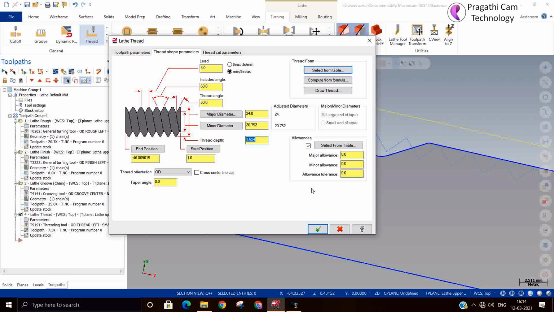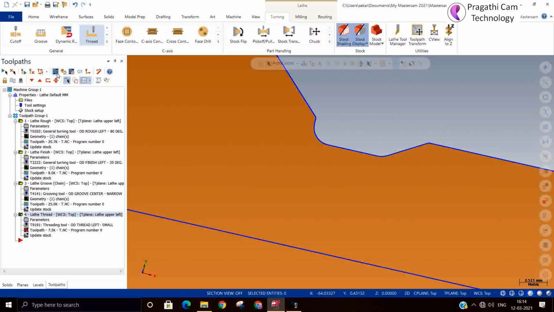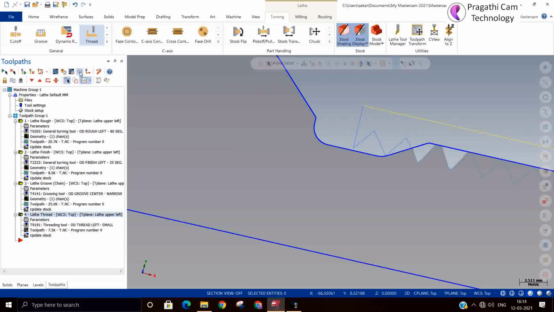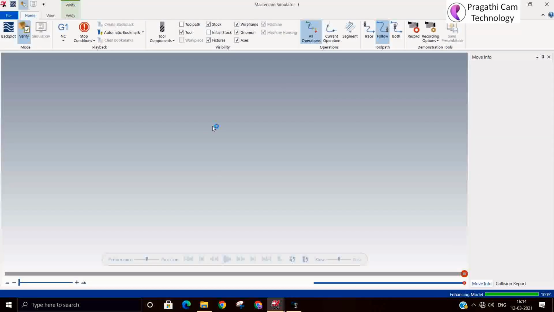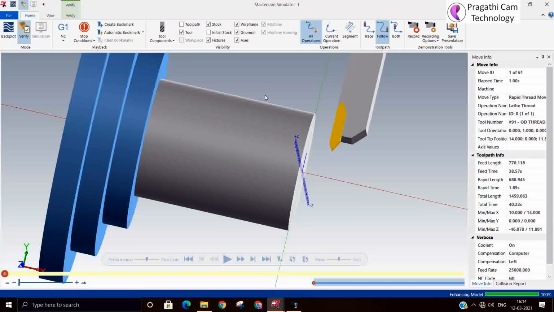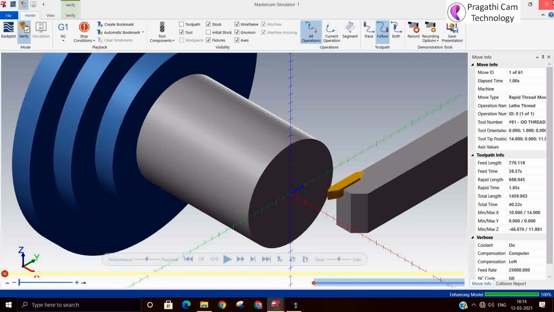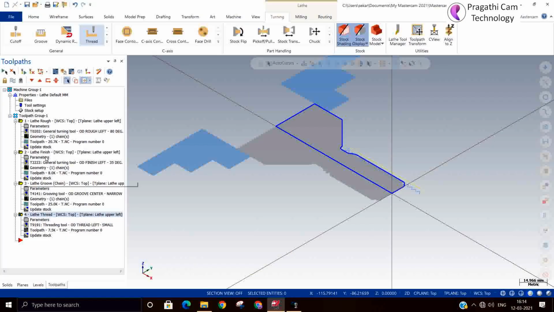Based on the table we have given, now I am increasing it a little. Okay, and regenerate, and we'll simulate again and see. Select all and verify.